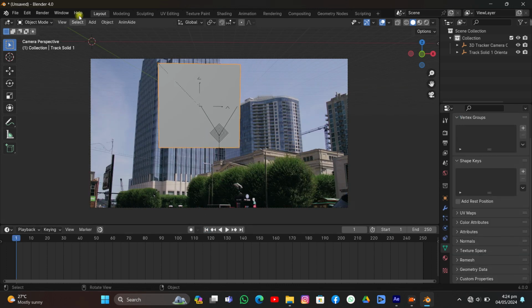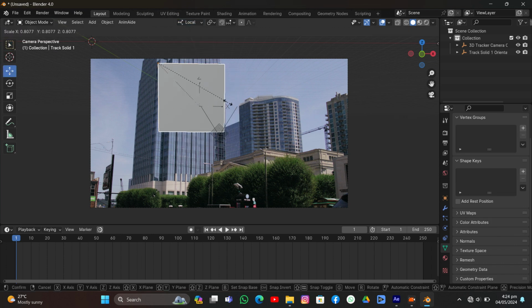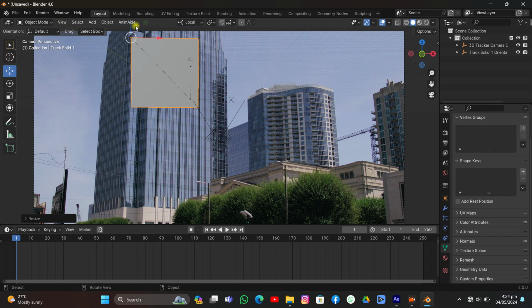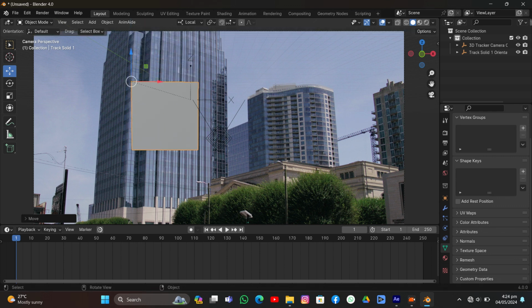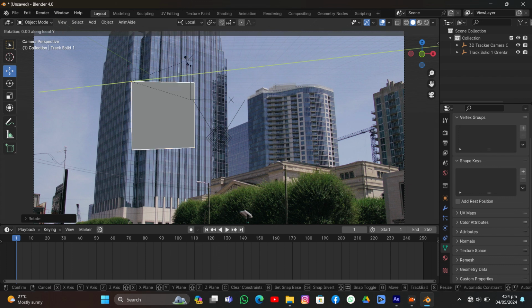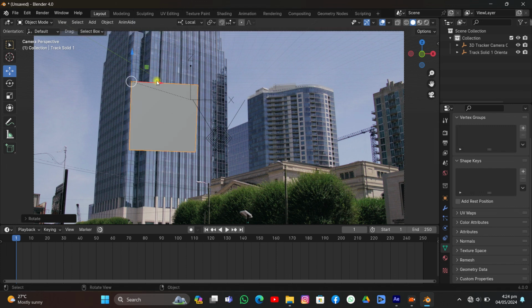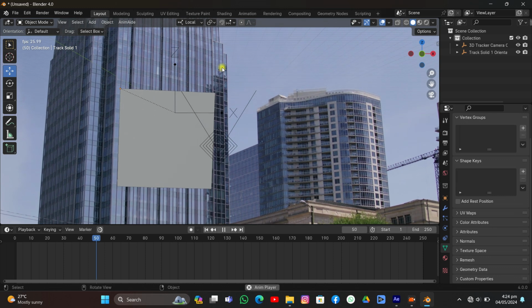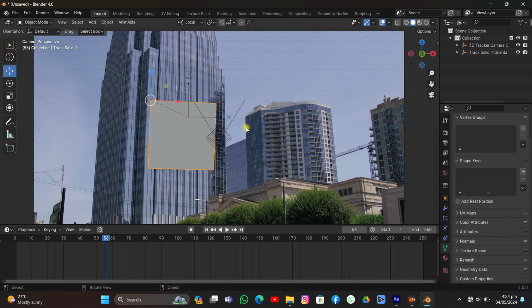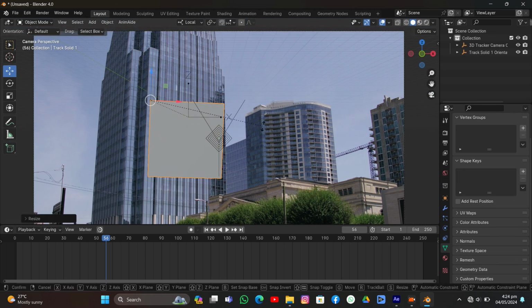Okay, select the plane, and we're going to change the transform orientation to local and scale it down like that, and move it on the z-axis, and then rotate it on the z-axis like that, and then move it on the x-axis like that, and then we are going to rotate it on the y-axis like that. I'm actually aligning the rotation of the plane with the building, so try to do it in the local orientation because it's very good